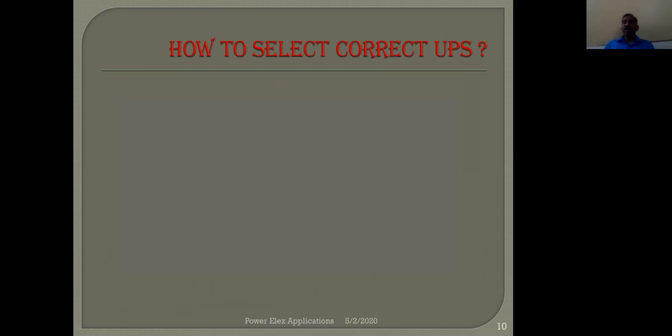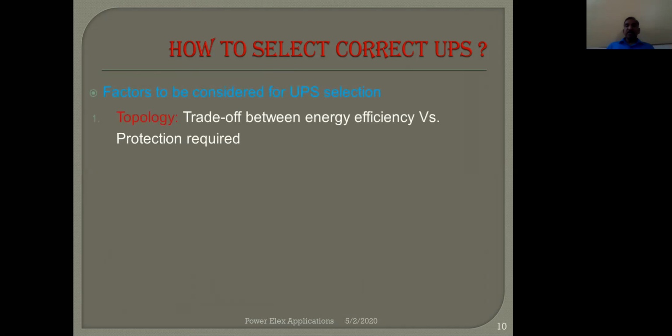Then the next question naturally comes to mind: okay, I now know the different UPS types, their workings and power flows. But how do I calculate the power required for my application and which UPS should be selected? How can the VA ratings or power ratings of the entire loads be calculated, and how can I recommend a correctly sized UPS? So let's discuss the factors.